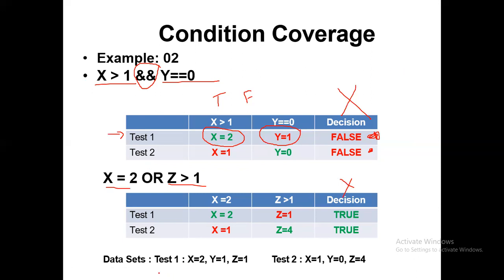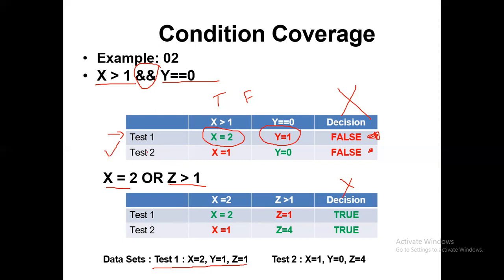So we can go with this particular data, or either one can use this one now also, right?